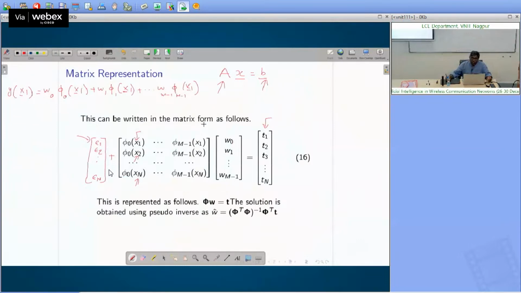So now this is of the form Ax equal to b. We need to solve this. First of all, this matrix A is not a square matrix, right? You can have as many observations